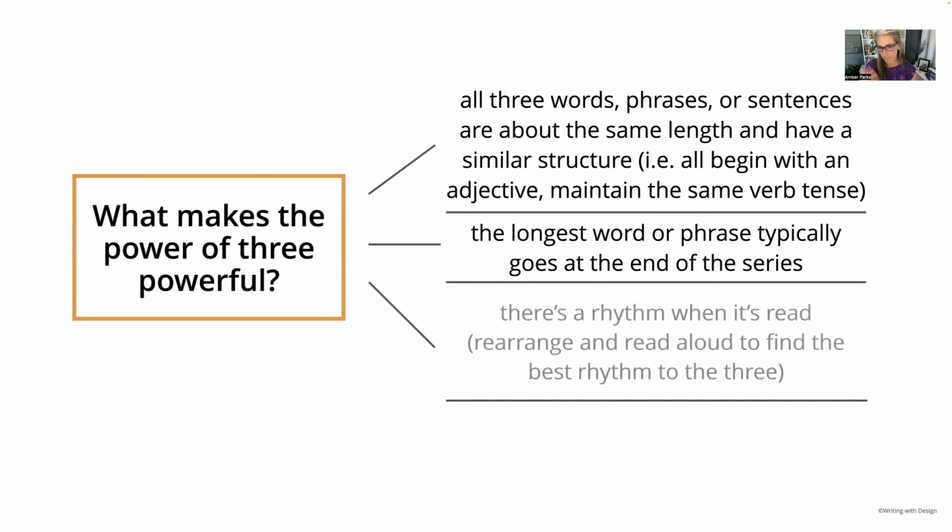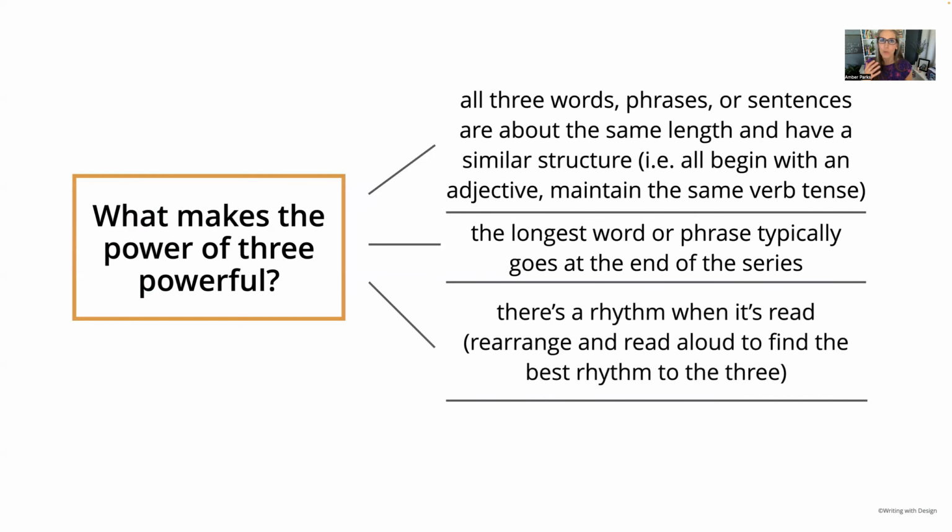And then lastly, as we've talked about, there is this rhythm. You want to work on rearranging. Sometimes words have more syllables than others. And so you just want to play around with that and use what we call your writer's ear. The way that it sounds is really important. Even though the words might just be read silently, in our brains, we're hearing it. And so we want to make sure that there is this cadence and rhythm to the words that we're putting down. And certainly the best way to do this is to try it out loud, right? Read it out loud and try the different phrasing different ways and see which one sounds really good.